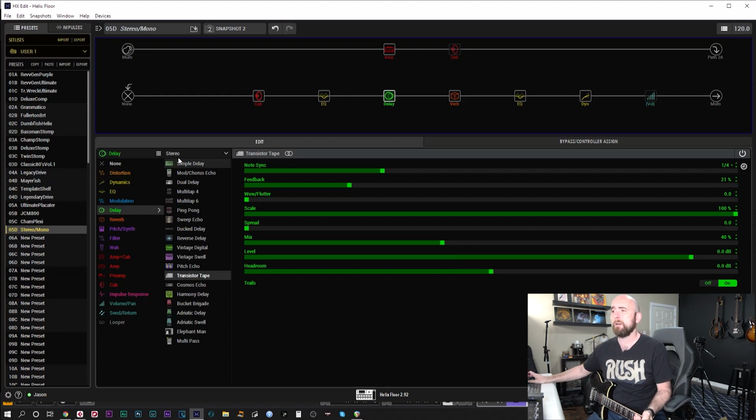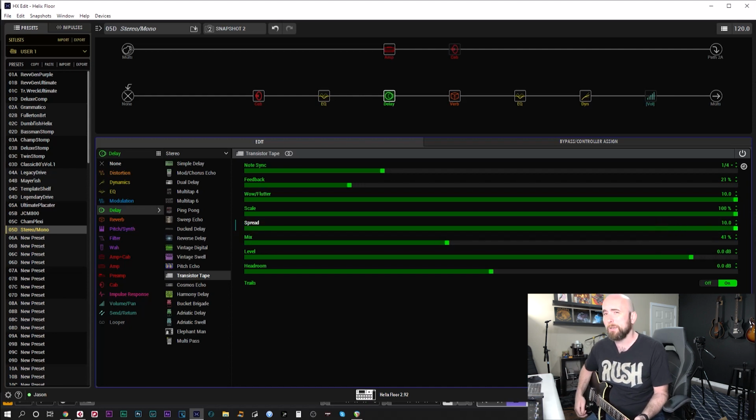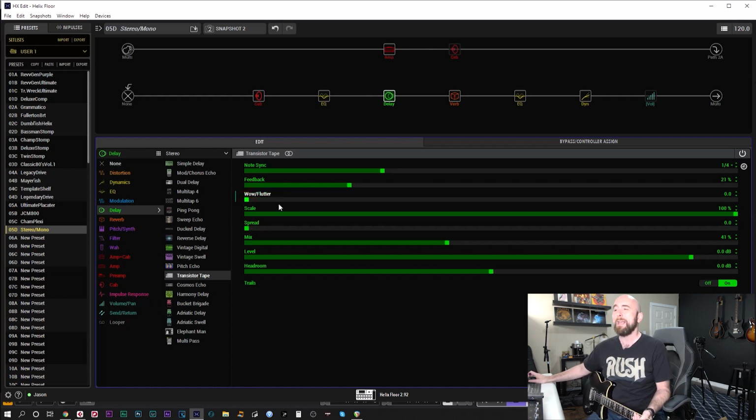Okay, so we see we have a stereo block. Fine. That's just a mono delay, depending on the settings, right? Now, if I was to take my wow and flutter way up and then put my spread way up, now I've got some stereo effect. And I talked about this in the dialing in transistor tape. So let's just keep those spread and wow and flutter way down. Even if we had them just up subtly,